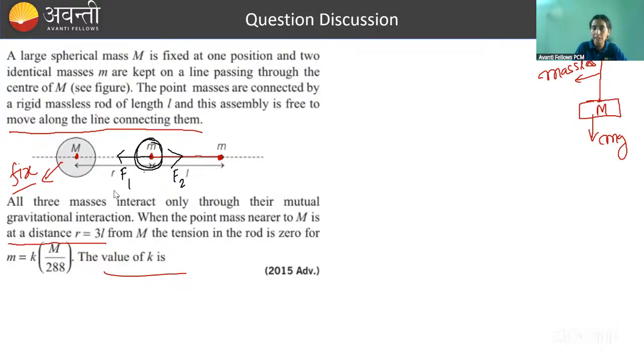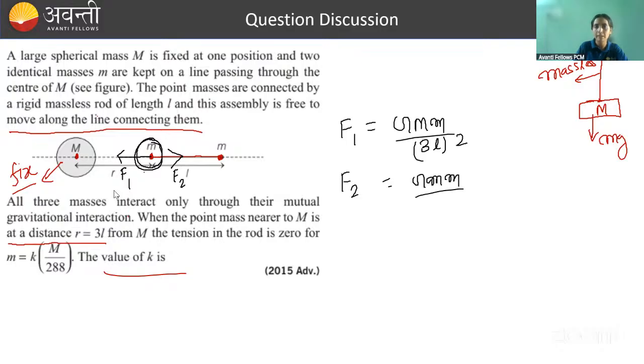But we cannot say that here because there is a chance of acceleration, right? Because this mass M will attract, जैसे F1 का वैल्यू आप लिख डालो, F1 का वैल्यू आप क्या लिखोगे? GMm by (3L) squared, right? So this is (3L) squared. What will you write? F2 is GMm by L squared. There is nothing given in the question that can tell you F1 is equal to F2, है ना? इस कंक्लूजन पे हमें जल्दी से नहीं पहुंचना चाहिए, क्योंकि यहाँ पे अगर F1 F2 इक्वल नहीं है,